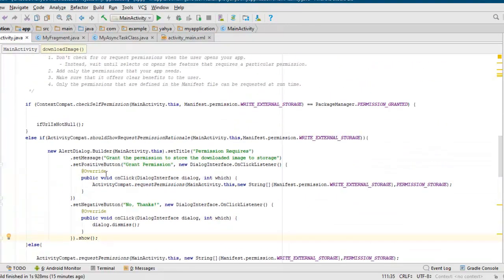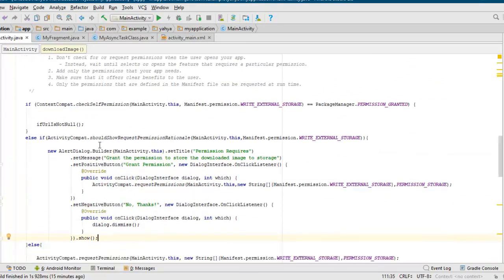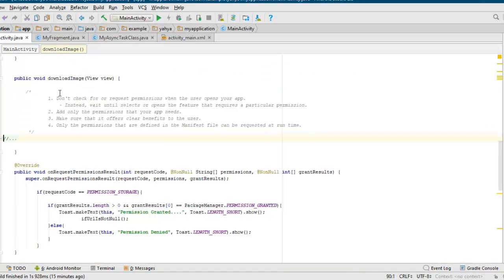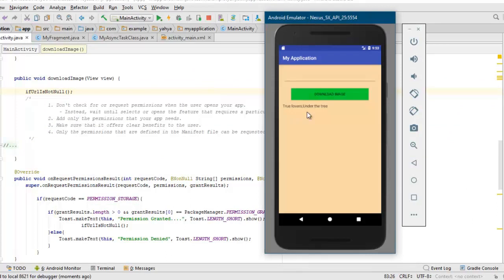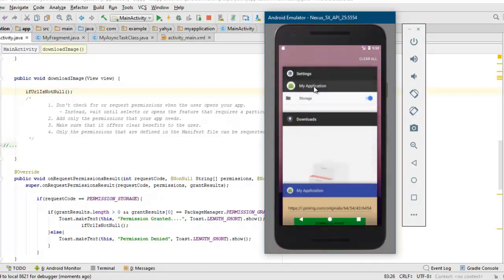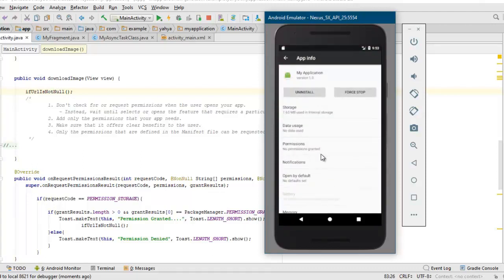So let's run the app for the first time and see what happens if we don't grant the permission. Let me just comment these things, and I call if URL is not null. Let me run this. As you can see, whenever I click on the download image button, it tells me that the permission is not granted or the permission is denied. The permission is denied, and we haven't set the runtime permission, and that is the reason when you come to the settings, go to the app, you see no permission granted. So if I remove this app,